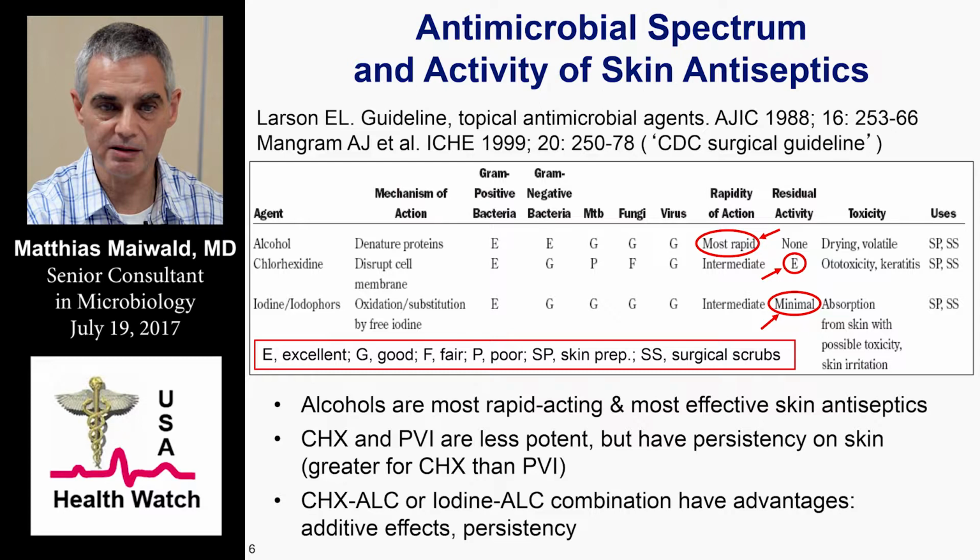So effectively, alcohols are said to have the most rapid and most profound antimicrobial activity. Chlorhexidine is less potent, but has excellent residual activity on skin. And iodine or iodophors are also less potent than alcohol and have some residual activity that is considered minimal, meaning less than chlorhexidine. If you combine chlorhexidine alcohol or iodine alcohol, these combinations have advantages such as additive effects and